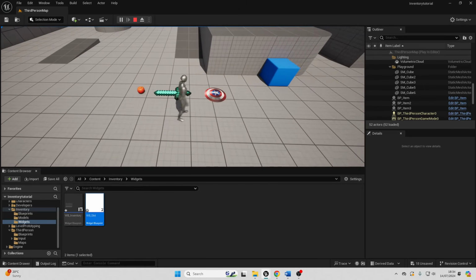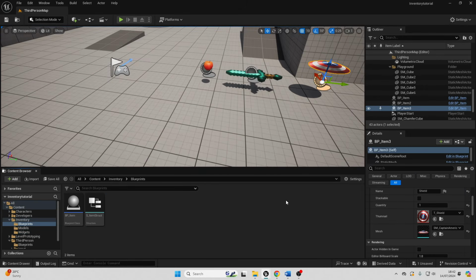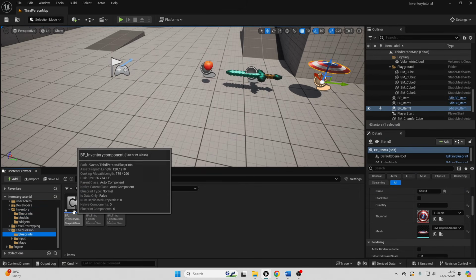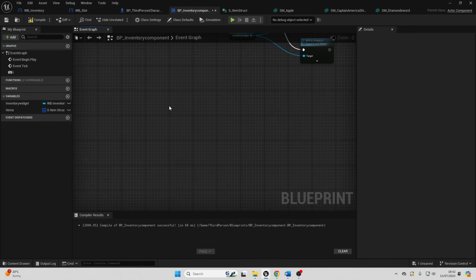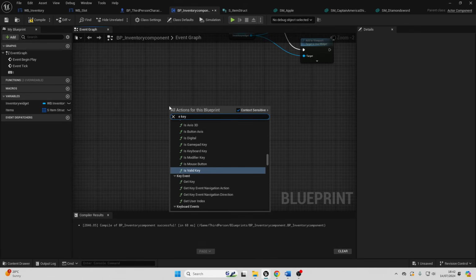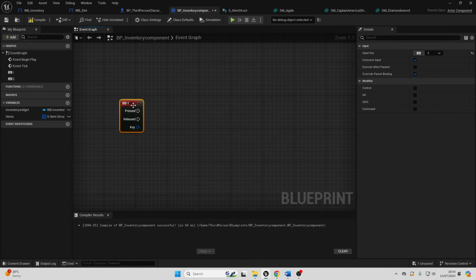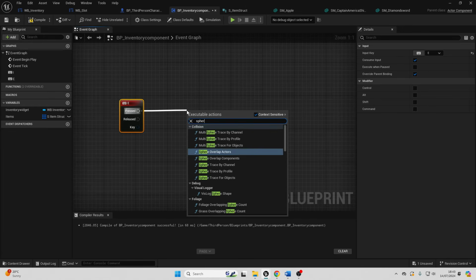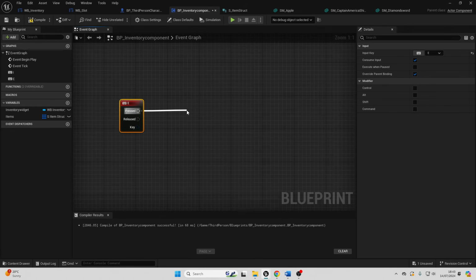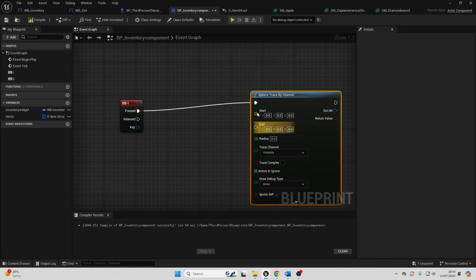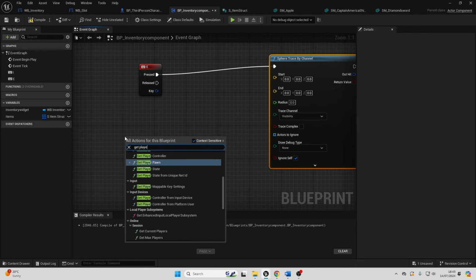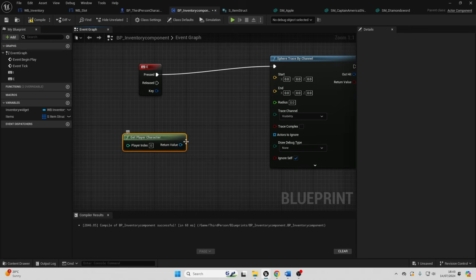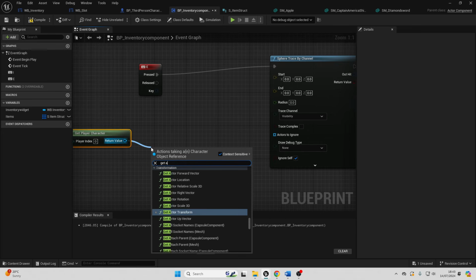The next thing to do is to make it so the player character can go up to an item inside of the inventory and pick it up. So if we just scroll down and go over to our blueprints folder, open up the blueprint component, and let's find some free space and just right click and look for the E key. When we press this button, so if we just drag off here, we're going to do a sphere trace by channel. So this is basically do a sphere, and where this is going to start, we just want to right click and look for get player character, and we just want to drag off here and look for get actor location,